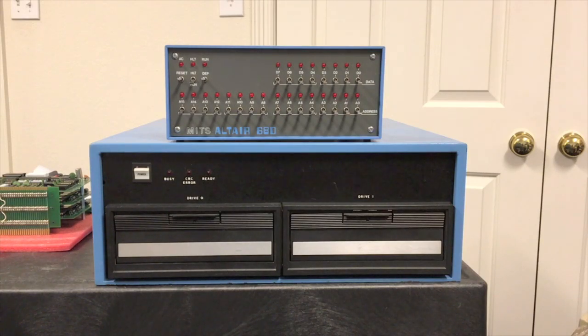In the previous video, we connected this disk drive to the Altair 680, and then we also wrote a disk utility that allowed us to fully exercise the drive, prove that everything on it worked, and that also we could control the drive from the Altair 680 with software. We're going to continue that now and try to integrate the drive fully with Altair BASIC and the assembler editor